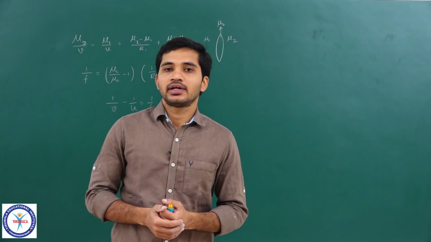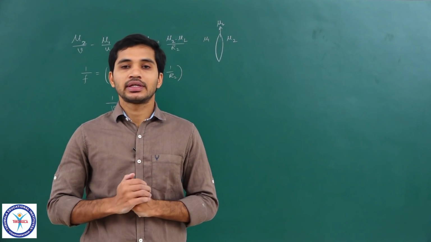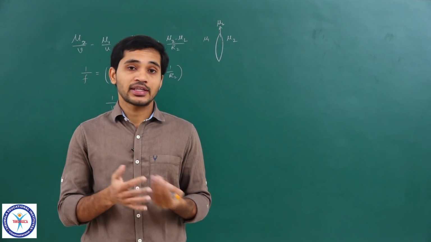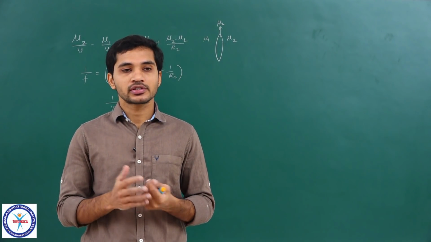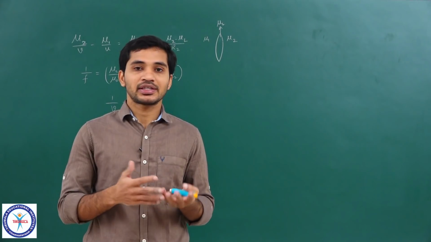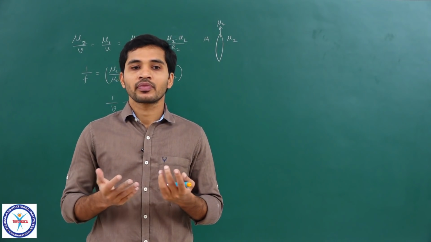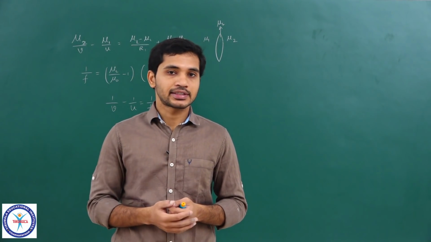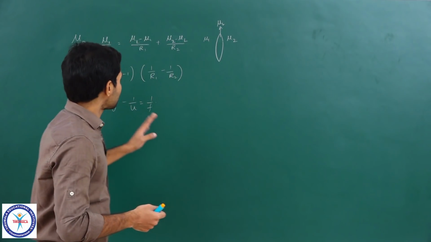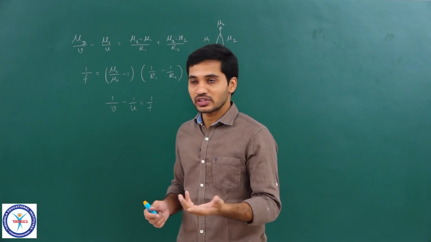Hello students, in last class we talked about lens, we derived the lens formula and the lens maker's formula, right. We understood what primary and secondary focus mean and how to calculate them as well, right. So, this is basically the summary of what we have seen last time.